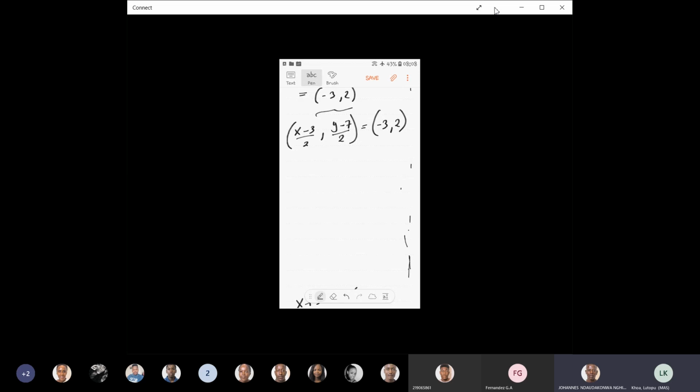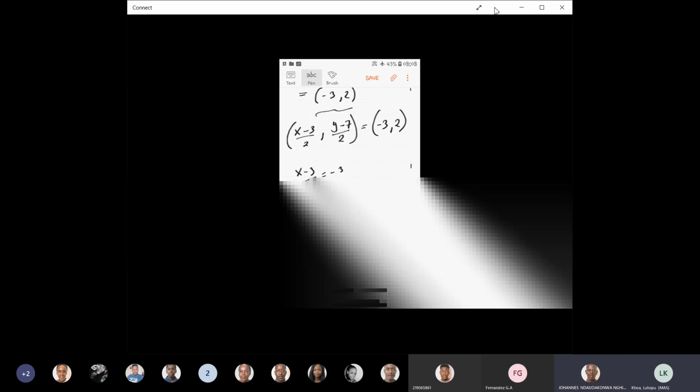Okay, so I should have (x minus 3) over 2 is equal to minus 3. I think that is correct now. Okay, and then I will multiply by 2. So I have x minus 3 equals minus 6. This means that x is equal to negative 3. And then I also have